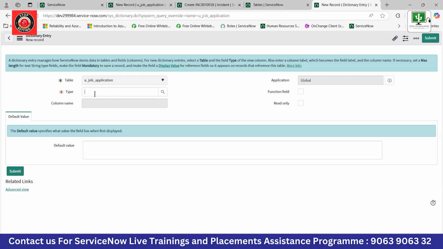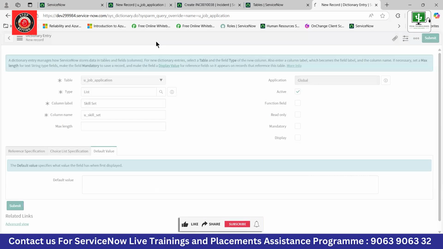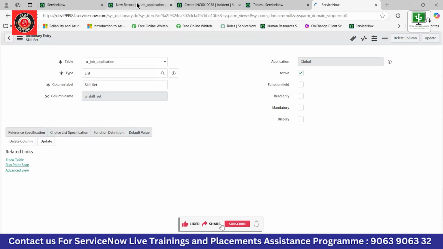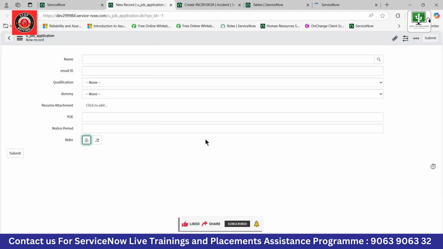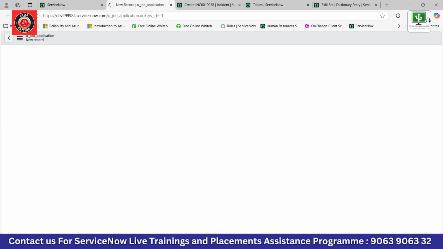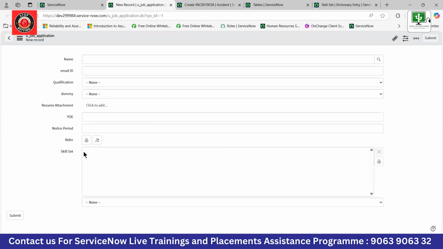For example, type list, column label I am giving. And I'm saving it. I'm not doing anything else, just saving it. And see, come here, come to our job application and refresh it. See, skill set is also created, but you don't see any options